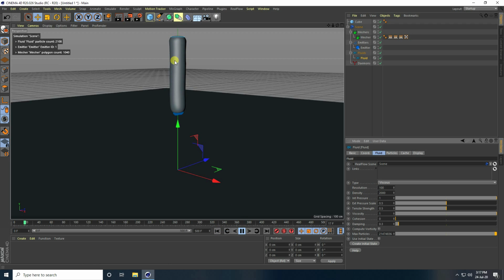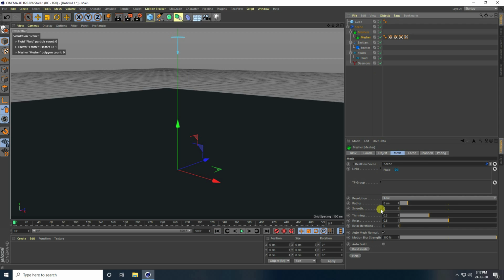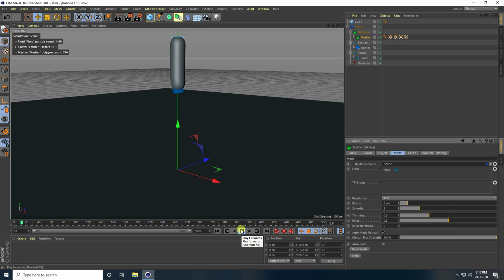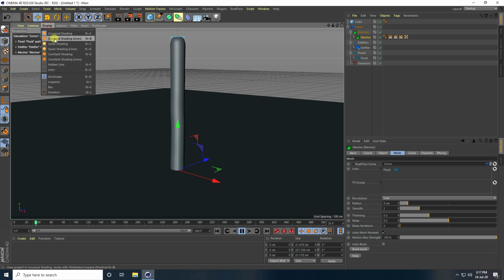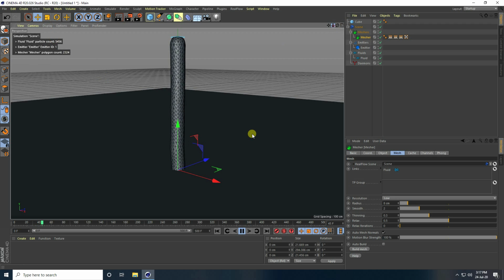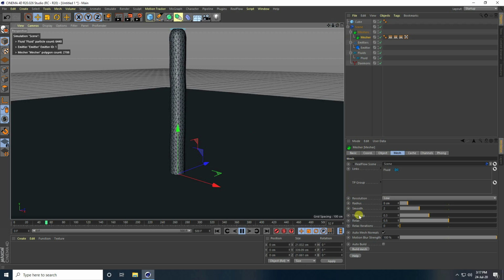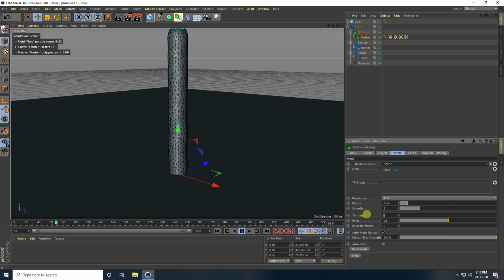Yeah, see guys, that's my smooth melting effect, right? Okay, so guys now select this mesh tool and smooth you can increase like 2 and play. Yeah, really good. See guys, so I go to display, select shading lines. Yeah, and guys I change thickness, then I take like 0. Actually yeah, 0.3 is good. Yes, and relax like 0.